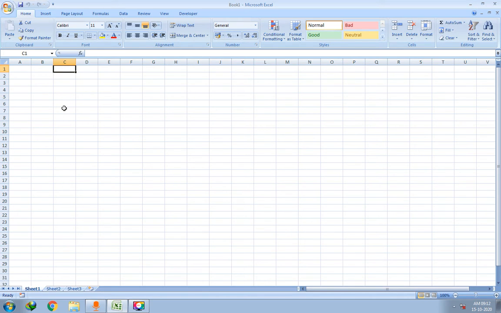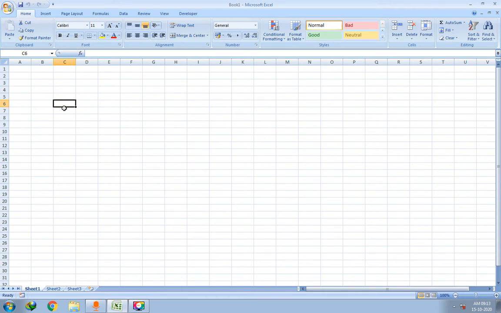Now in order to move below or down, you can press the down arrow key. You should know there are 4 arrow keys. To move up you can use up, to move down you can use down arrow keys, right? Now in order to move at the right side you can use the right arrow key, and if you want to move to the left, then you can use the left arrow key. So it is very easy. 4 arrow keys are there: up, down, and then left and right. In order to move, you can use those keys.